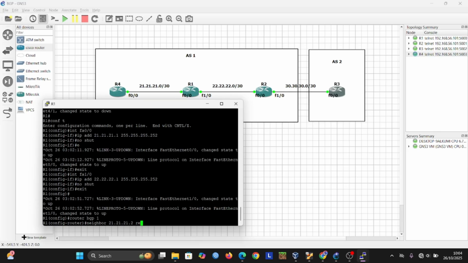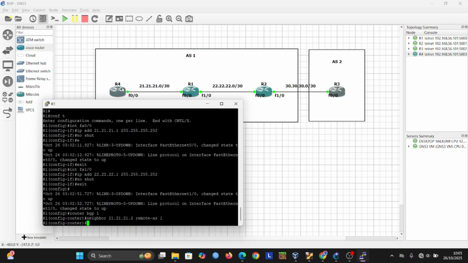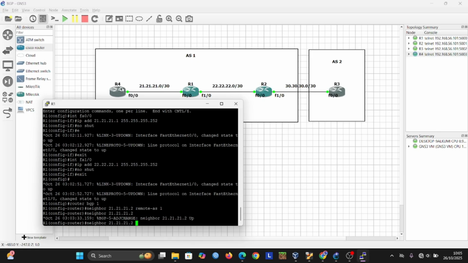Don't forget to set remote-as to this area one. So we update the source to this interface.